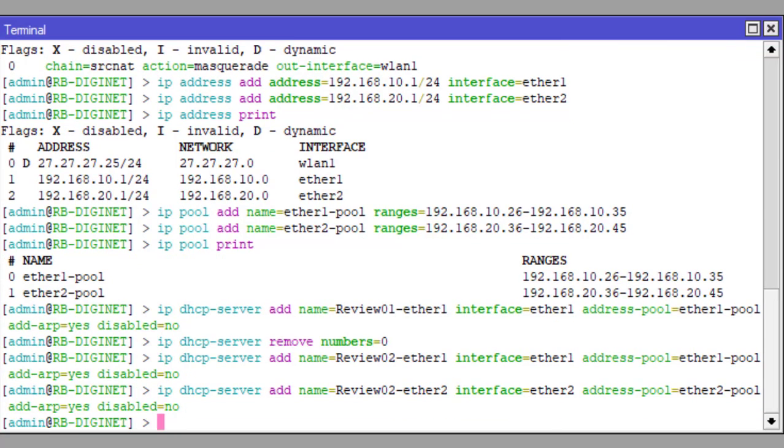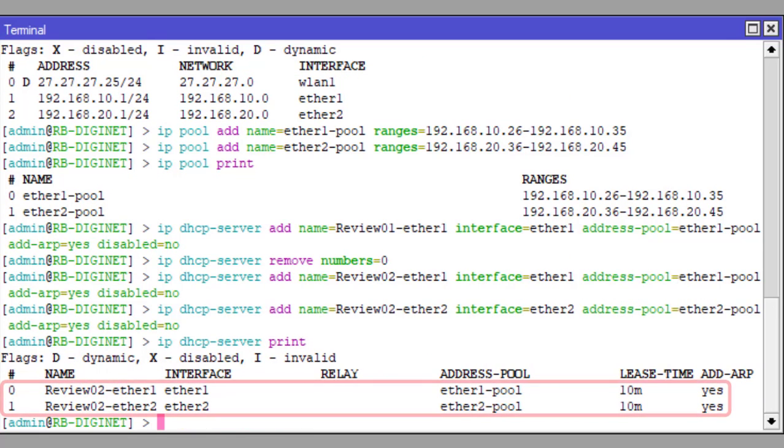Check whether the DHCP server has been registered or not with the command IP DHCP server print. And as you can see, the DHCP server has been successfully configured.